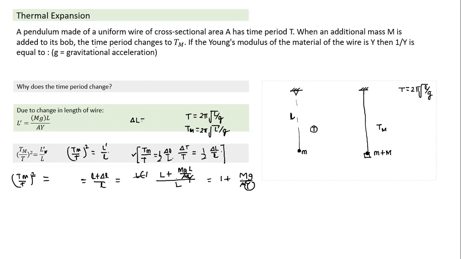So for this question, there are two ways it can come. One, if it asks what is the change in time period, this is the way we solve. If the question asked is not the change in time period, but asks what is the new time period Tm, then we have to take the ratio. This was the question here, but it may come in a different form. Since the question was what is the new time period, this is the way we solve. Vignesh, is this question answered? Understood? Yes, sir. So both ways it can come, and we need to look at what is being asked here.